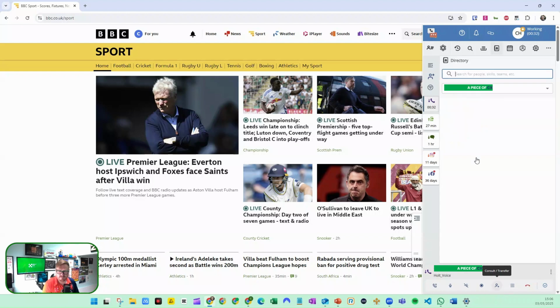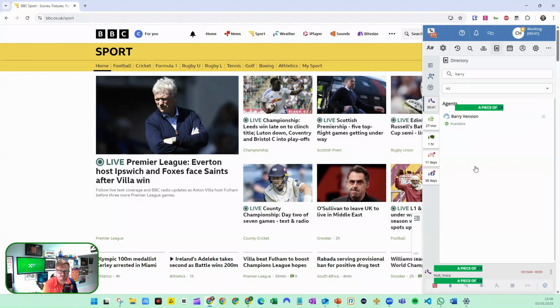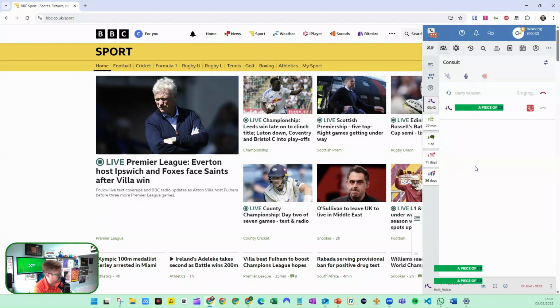But if we want to transfer, then we click transfer and we type in the name of, say, another user or a skill or a team. And I can place a call there to Barry. And Barry is going to pick up that call on another PC. So now Barry is connected to me, and what I can do here is go back to my customer, and